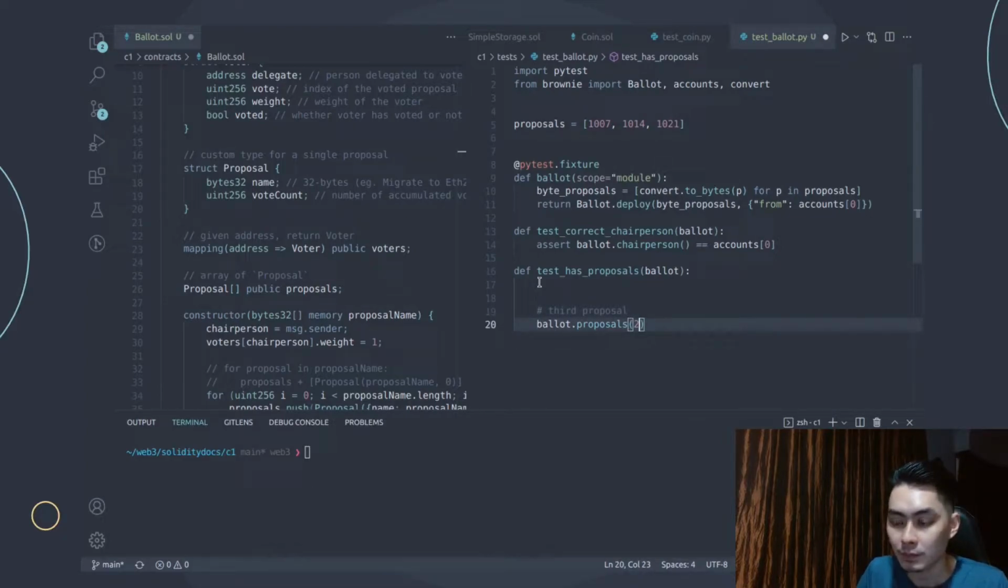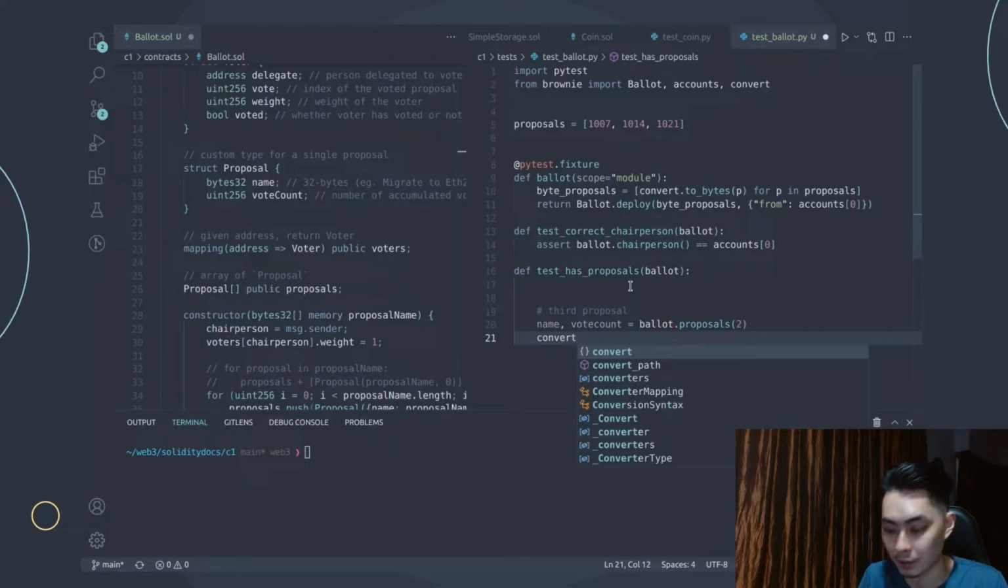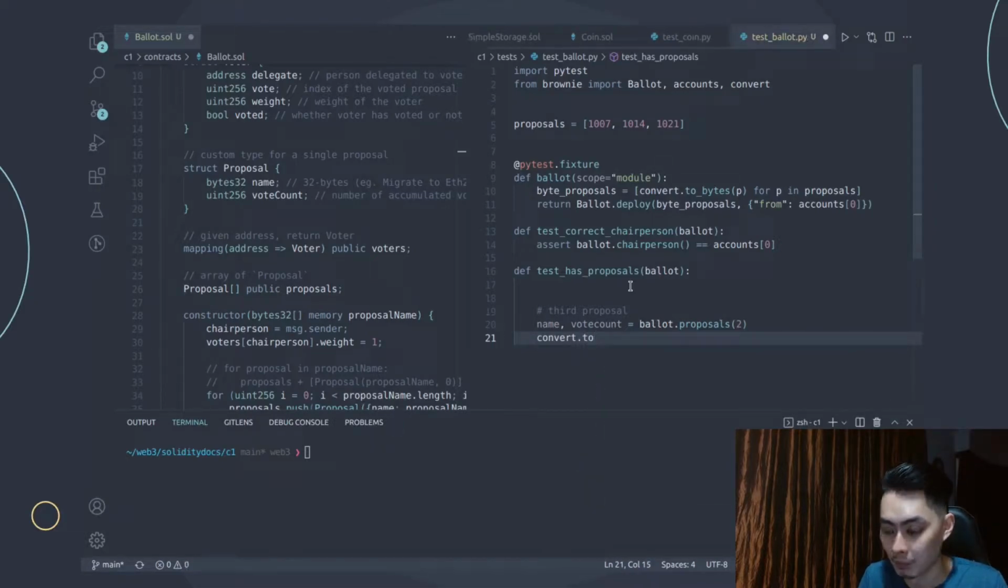And it would return what? It would return name and vote count. So you can have something like name, vote count equals to that, and you can then check whether the name would just be 1021. But you will need to convert the unit. So you can say something like convert to integer, and with what? Name. Just put the name in there. And here you're saying that convert to integer name, and you want to make sure that you assert that to be 1021. Or actually, let's not hard code that. Let's write proposals 2,